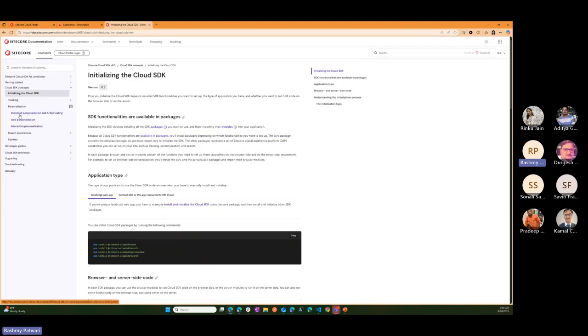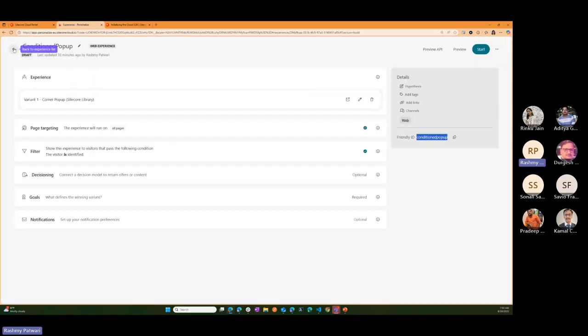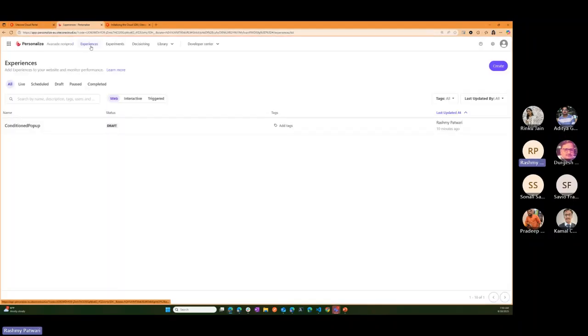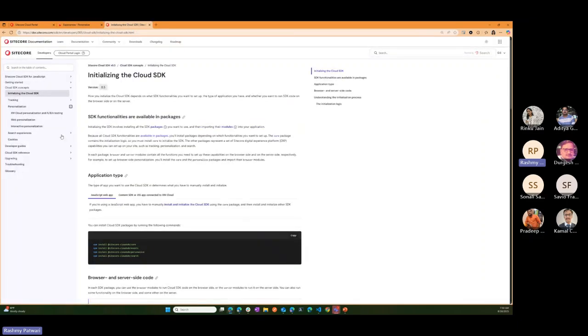We have three different flavors of personalization: web, interactive, and XM Cloud. Web and interactive we can build from the portal here, and the XM Cloud one is from the XM Cloud portal.